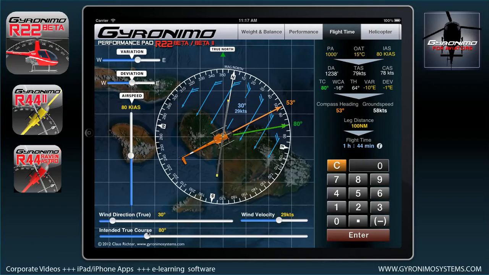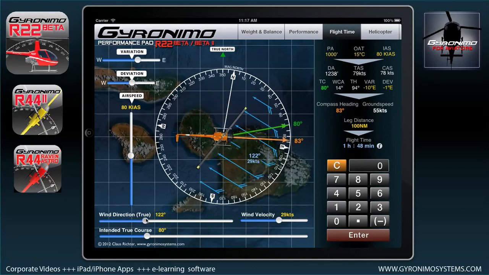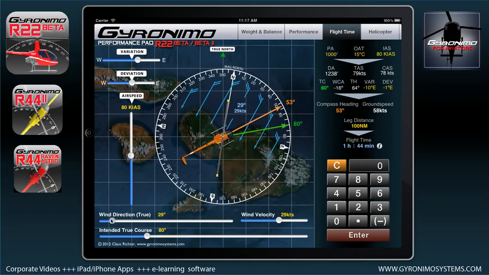which is not calculated, I'm sorry, which is entered with our slider. Then in order to get a compass heading, we have to subtract or add the wind correction angle. In our case, it's minus 16. So if we change the wind direction, then the wind correction angle is 14 degrees. So let's go back to 30. Your true heading then is 64 degrees, and now we have to subtract or add the variation,